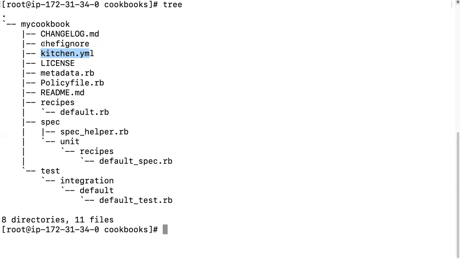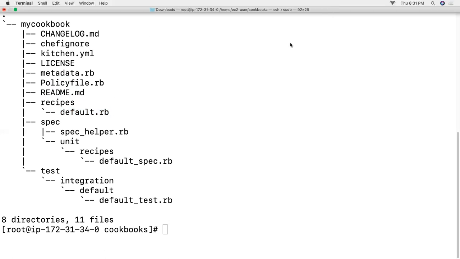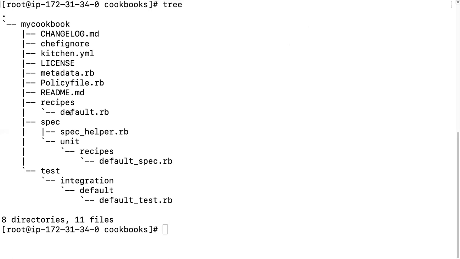Like in git we have a file, gitignore. And this is the policy file, the README.md file, and also one recipe here, default.rb. The default recipe is default.rb, and the specification and testing, all of these files and folders are default.